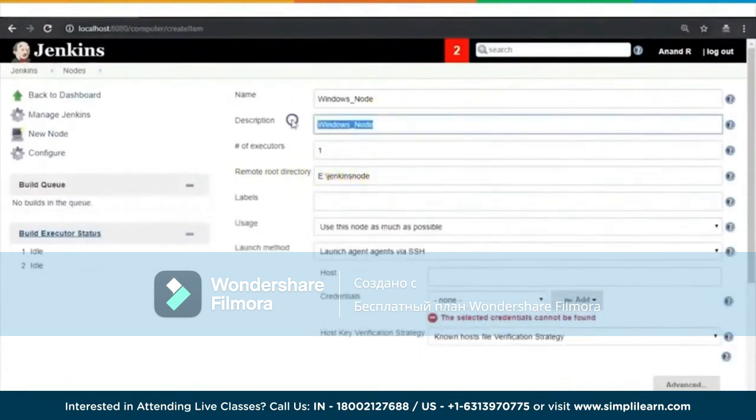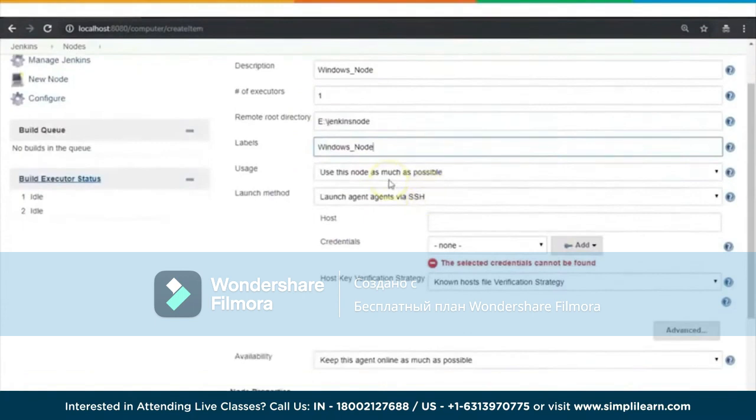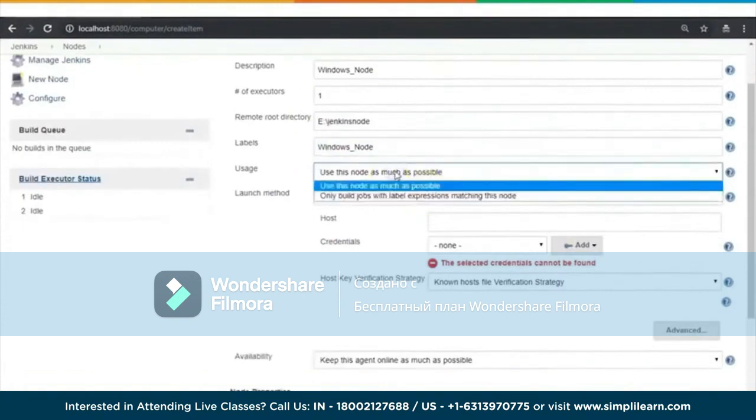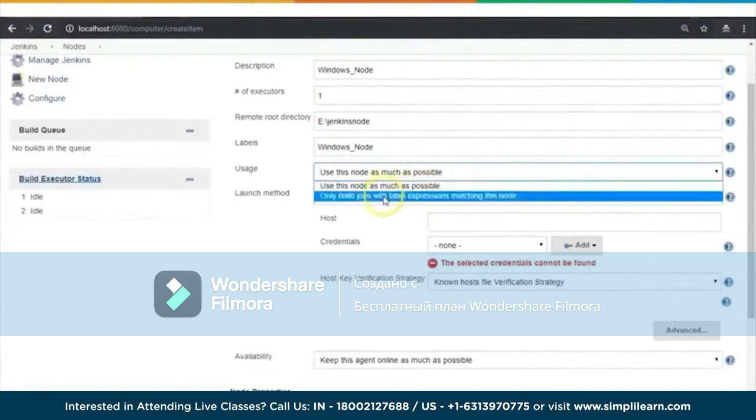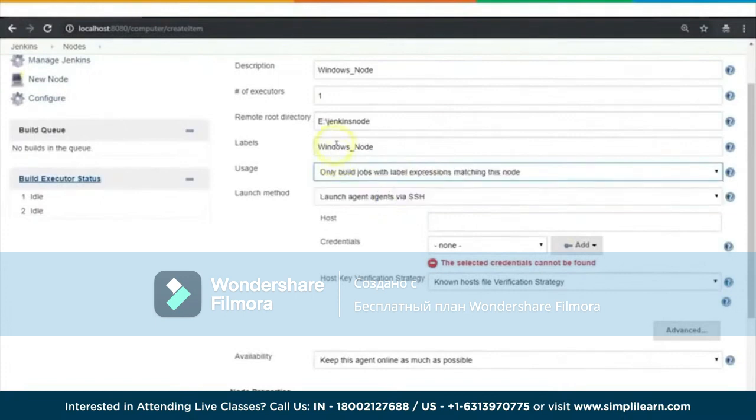The label, probably this is fine for me. And usage, how do you want to use this guy? I don't want him to run all kinds of jobs. I will only build jobs with label expressions that match this particular node. And so this is the label of this node. So in order for somebody to delegate any task to them, they will have to specify this particular